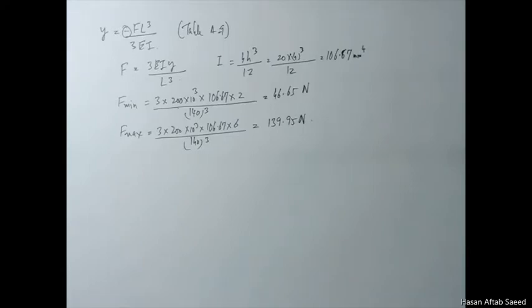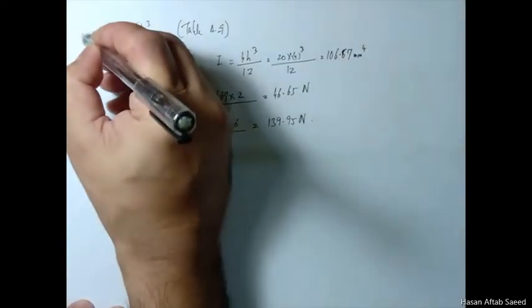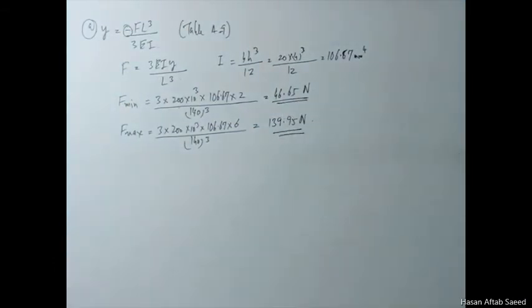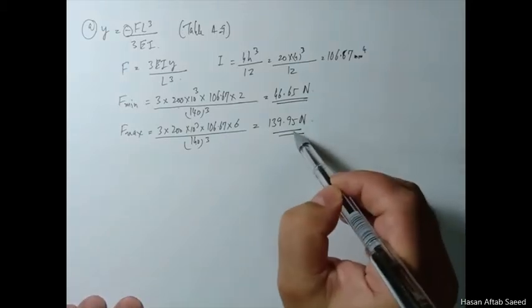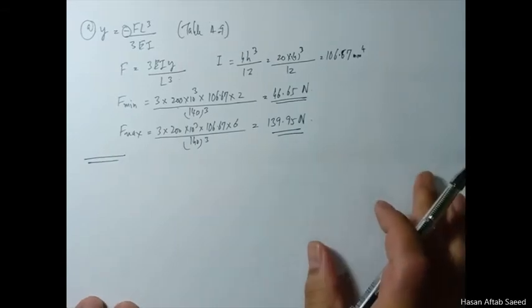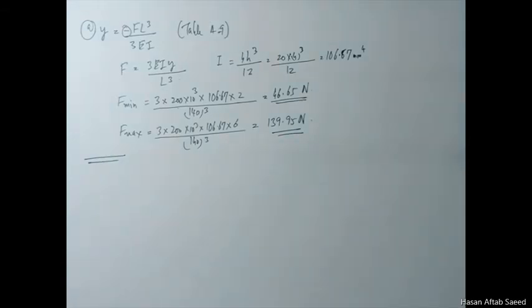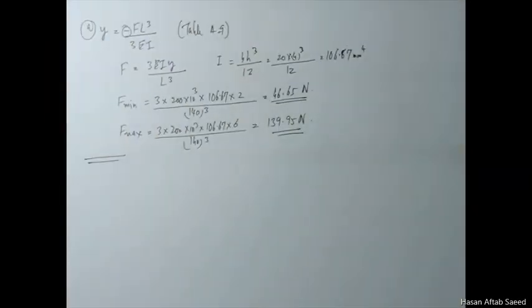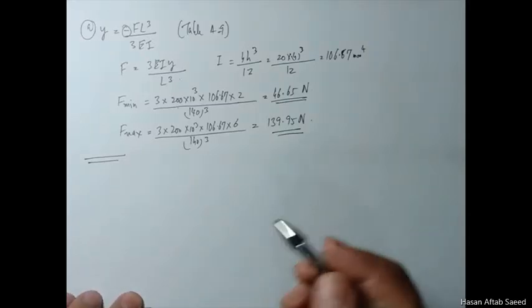This is as far as the first part A is concerned. Part A is finished. These are the latching forces required, maximum and minimum. This is the minimum latching force, this is the maximum latching force. Now we proceed to part B, and B concerns the fatigue factor of safety for infinite life using the modified Goodman criterion. So we again go through the same process we just did for the other problem, and that being,